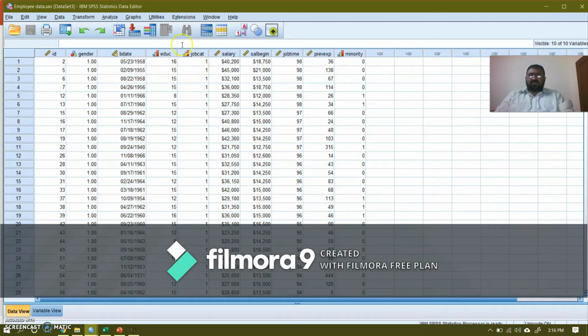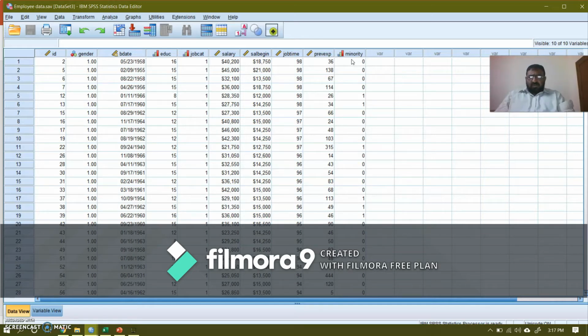These are nominal variables, these are scale variables. This is about salary, and this is the beginning salary, and this is job time, months, and this is previous experience, and this is also a nominal variable regarding whether the employee belongs to a minority or otherwise.